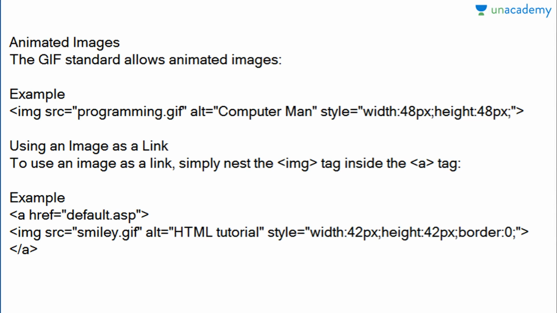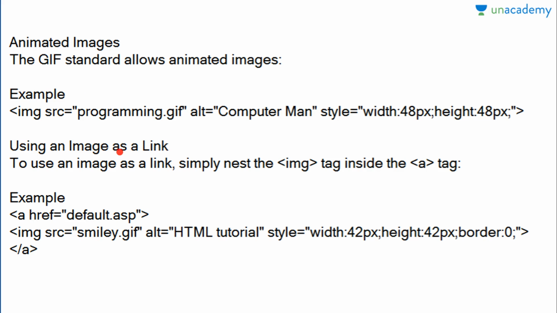Now let's read about animated images. What are animated images? The GIF image is the standard animated image. GIF is a type of saving an image, like PNG, GIF, JPEG. These are the types. GIF is used for animated images. You might have seen in the current world that you have got many WhatsApp texts with GIF images. These are examples of that.